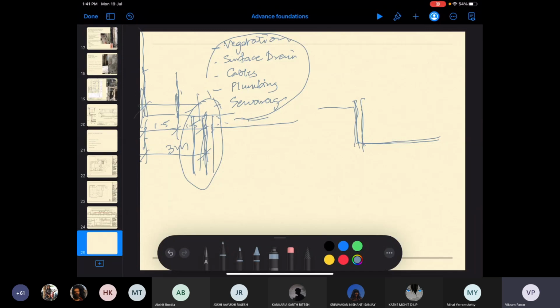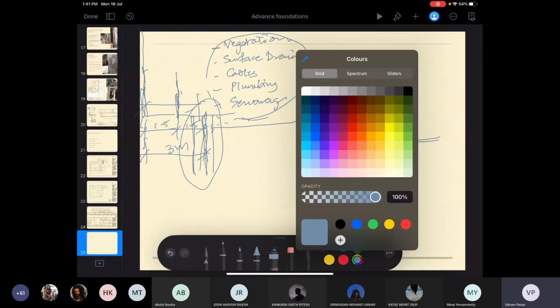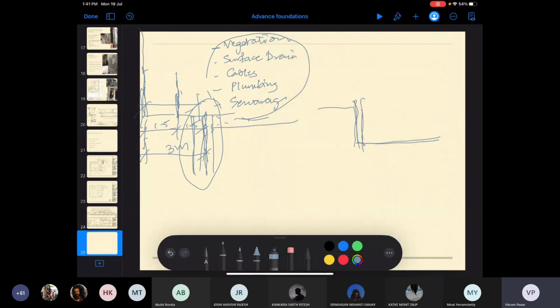I am unable to swap between the screens, so I cannot take names, because I'm completely on the screen only. So it would help if somebody volunteers and there is a dialogue between me and the class.